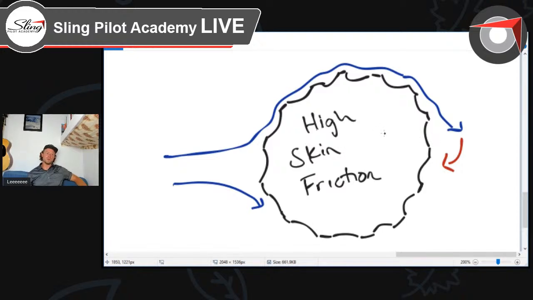However, what we lose here is our skin smoothness. So we get high skin friction drag. Again, we've talked about this before. In aviation, there's all sorts of give and take. So if you get one thing, it's not free. Nothing's free in aviation. You get high skin friction drag if you're trying to reduce that pressure drag, and vice versa. So there's a certain play that you have to do when you're designing your surface and your object